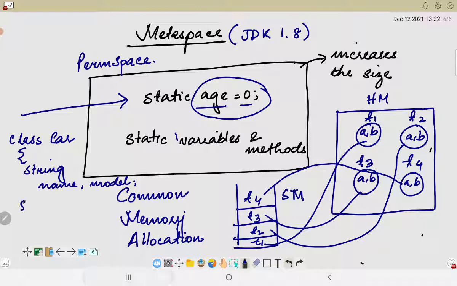So string name and model will remain the same, this will change. However, if I am associating static integer wheels is equal to 4, so this name and model might change, however this 4 will not change for all possible models. So this is how basically your three different components work with each other. Okay,